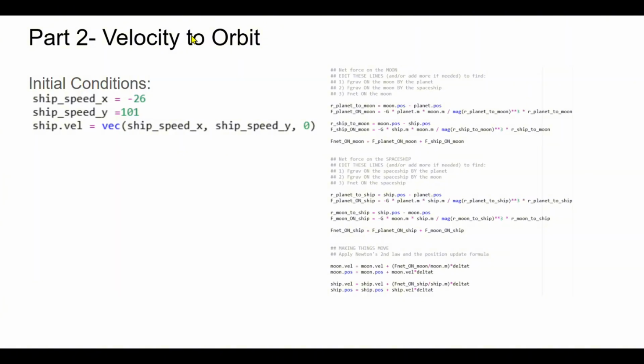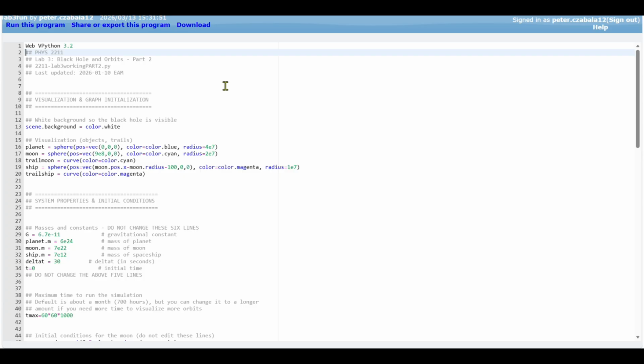Part 2, we're going to determine the velocity that the spaceship needs to orbit around a planet and a moon. I'll show you a video of this code in a second, but again, we can see our formulas in play here with our universal gravitation and parallel forces. This time we need multiple universal gravitation considerations because it's both the planet and the moon acting on the spaceship, and I determined that the speed needed to be -26 in the x direction and 101 in the y direction to model this, and I can show you that